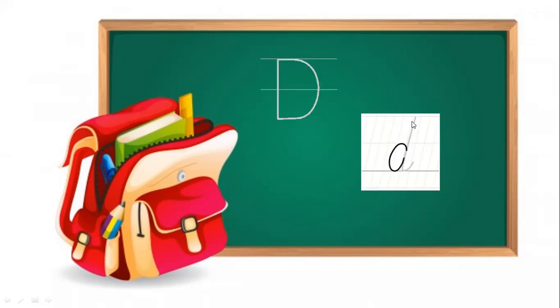Starting from the top, draw a standing line, a little bit curved towards the right, and then draw from the middle a curved line touching the bottom of the third line. Okay, how will you draw? Draw a standing line with a small curve, then from the middle draw another curve touching the standing line. So this is our letter D.